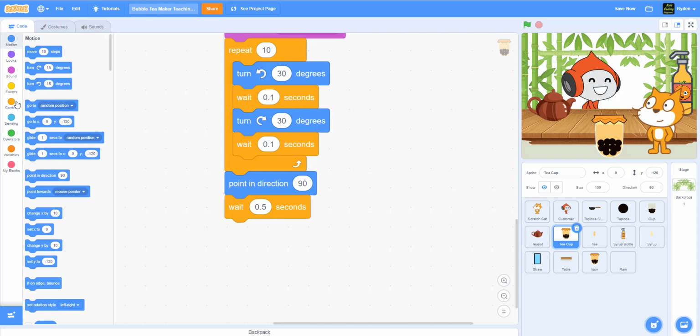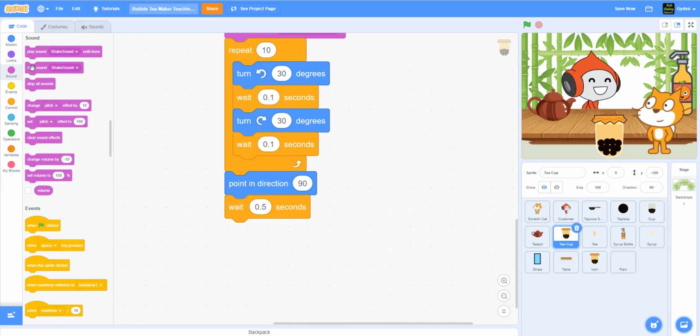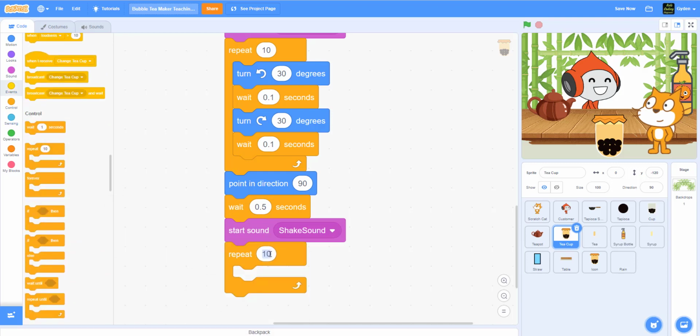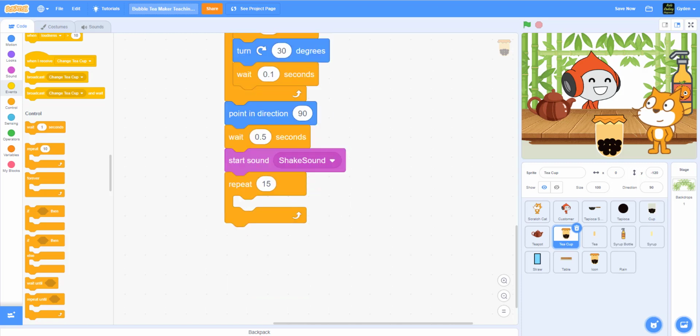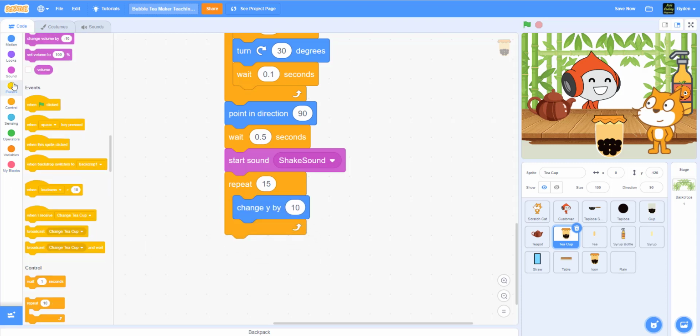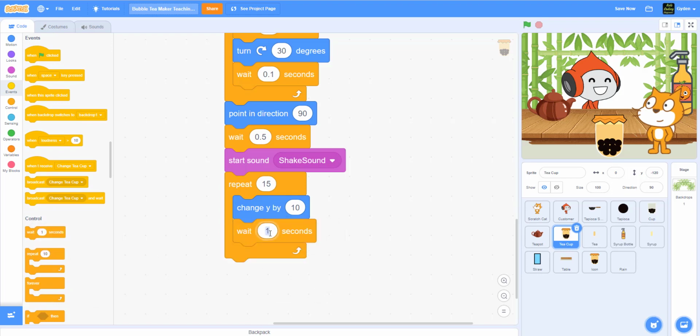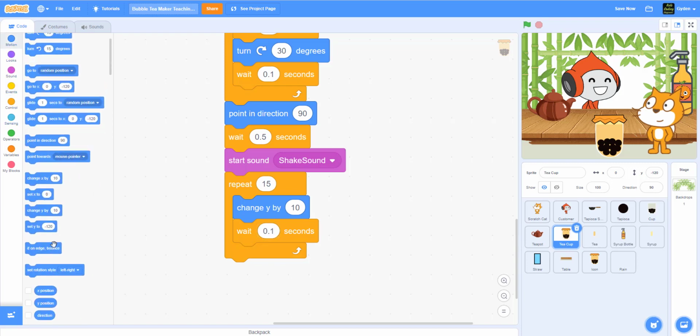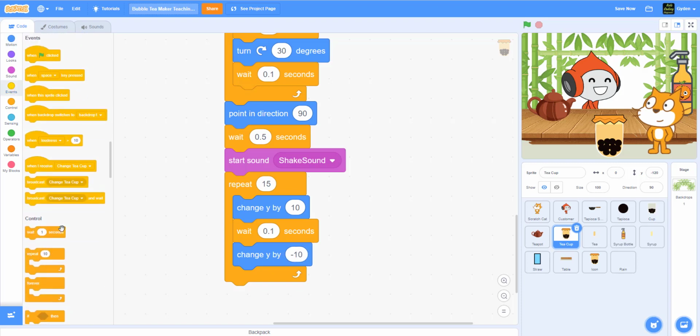Here, after that, we can start the sound again. So we're gonna do up and down. So we're gonna start the sound again. And then we're gonna do a repeat. We'll do 15 times. Okay, so here we're just gonna change the Y. So we're gonna say change Y by 10. Now wait 0.1. And then we have to change Y by -10. Okay, and then we'll do a wait again